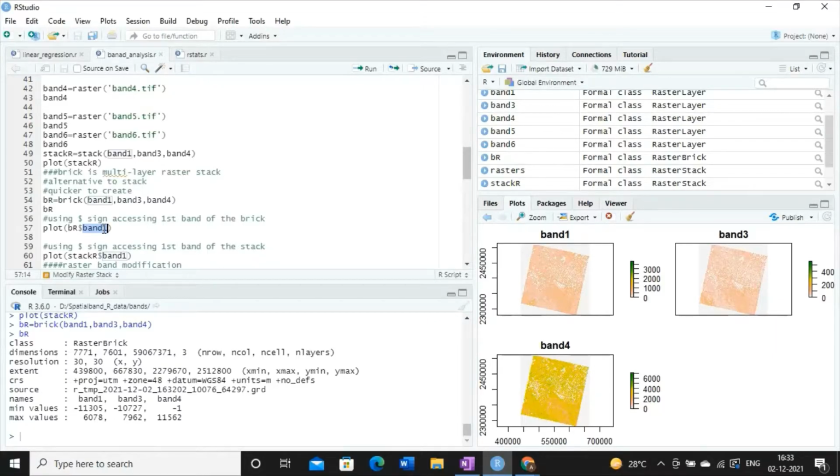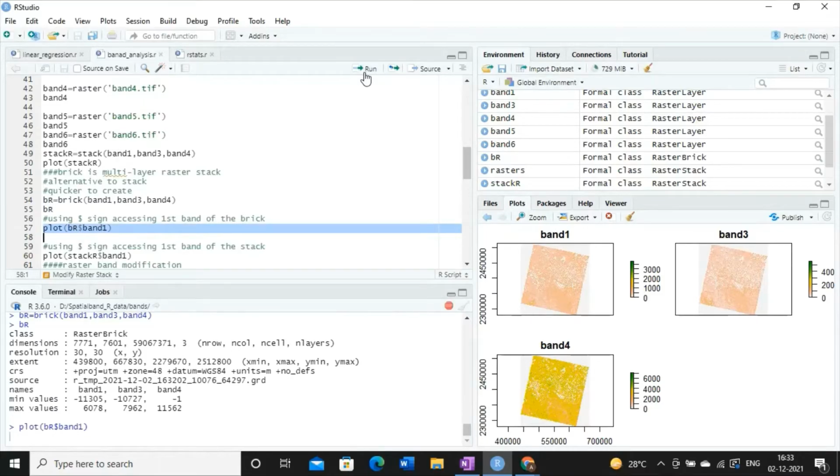Whenever you are using a dollar sign, it means you are going to access a variable. Whenever in R you are going to access any variable, any column or any particular band, if you put a dollar sign before that column name, band name or variable name, it means you're going to access that particular variable. So that's why if you want to access any particular band from a stack, you have to use this syntax.